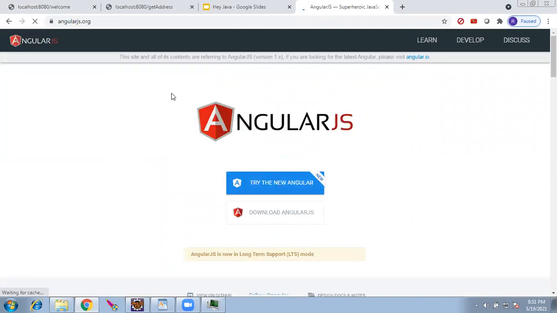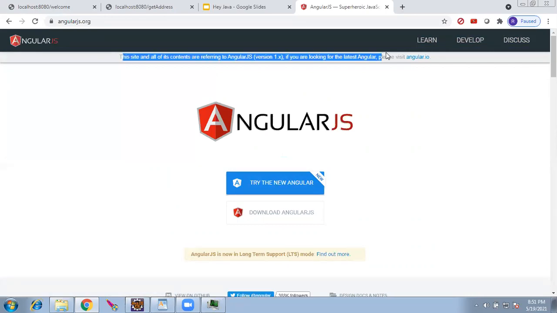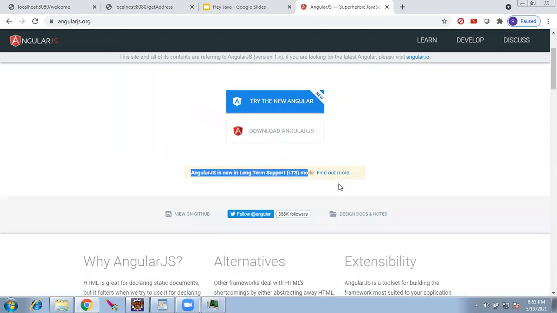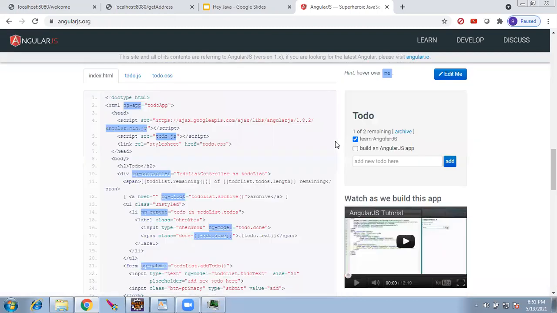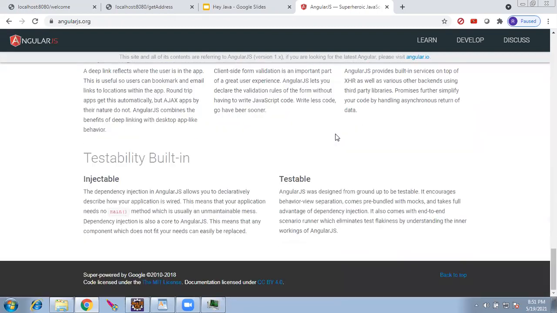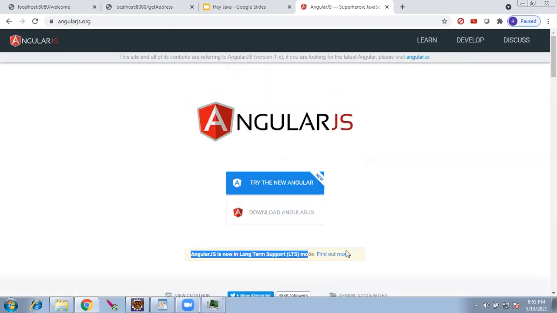If you are looking for the latest Angular, please visit angular.io. So this is old. You can see here AngularJS is now in long-term support mode, which means it will end in another, due to COVID, they have extended it. So another 1 year they will provide support, I guess. Let's go and see the version support status.